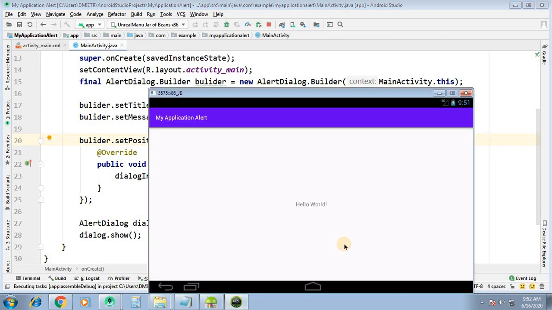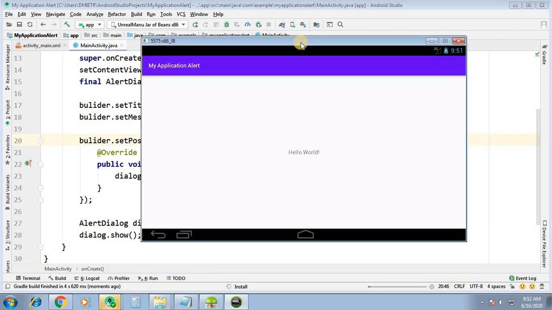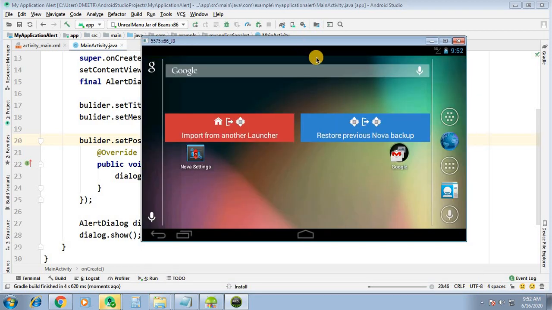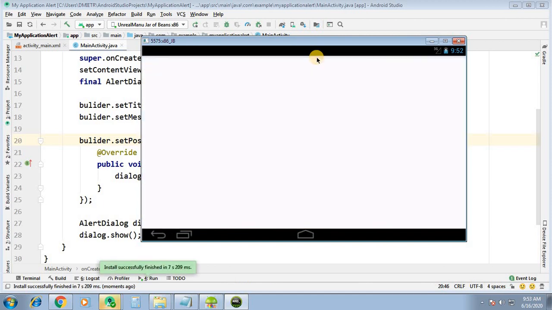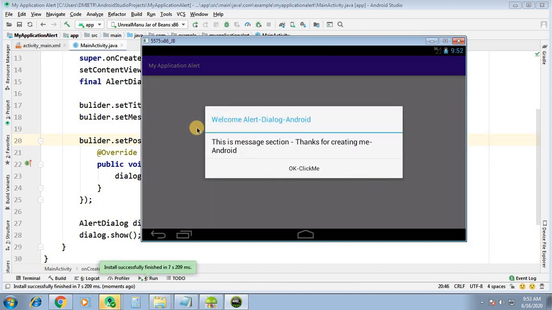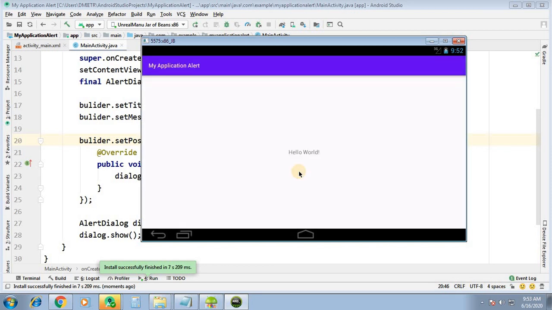You can see the reflections. The corresponding reflections will be met. This is called the title of the alert dialog, this is called the body, and this is the action part. Click on it, and it will vanish.